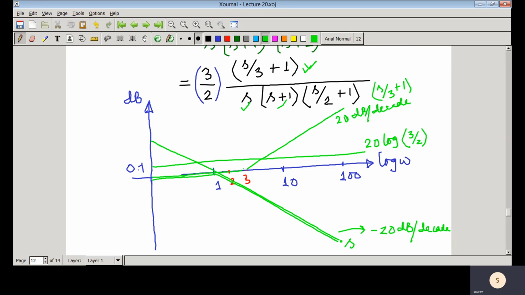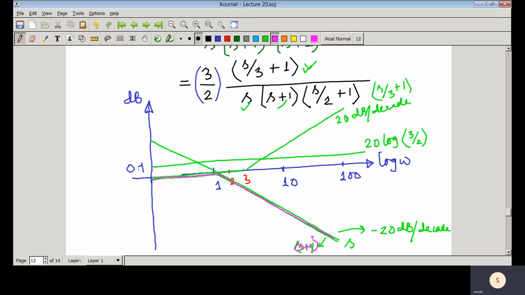So here I am writing that s plus 1. This portion is overlapped with that, so I am taking another color. So this one is overlapped with that s, and this one is s plus 1, s plus 1,